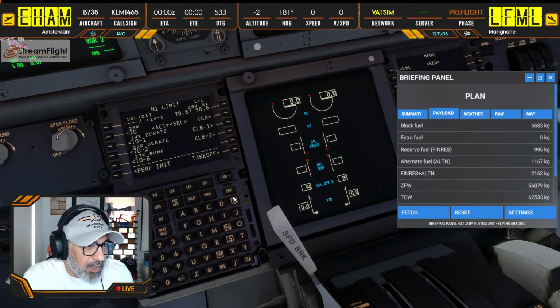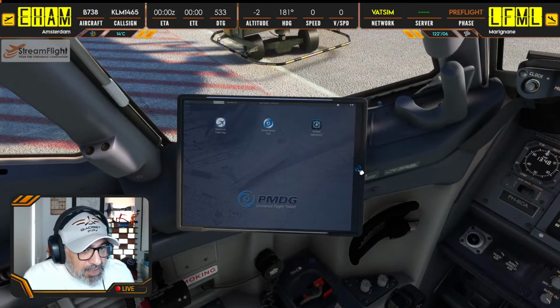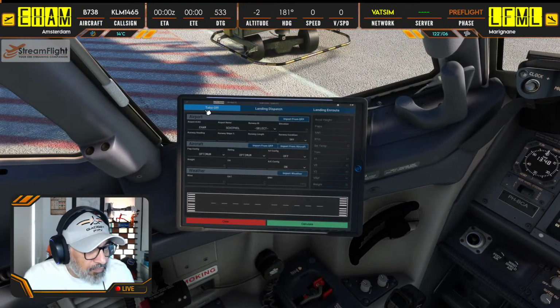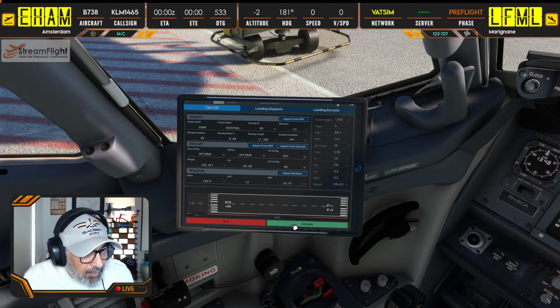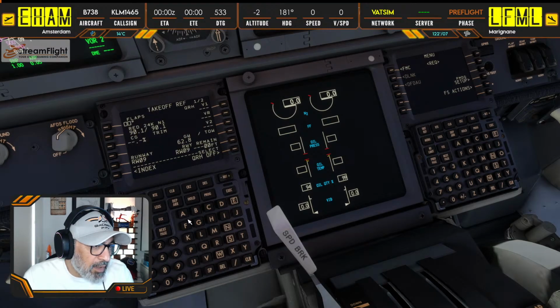Let's go to the N1 limits and do our performance calculation there. Takeoff, so import from OFP. We're leaving on 09. Import from aircraft, import the weather, and we can calculate that. The takeoff one, select temp 46. 46, there we are. And we are good. There we are. Flaps